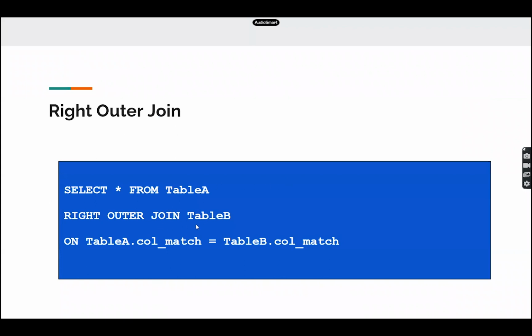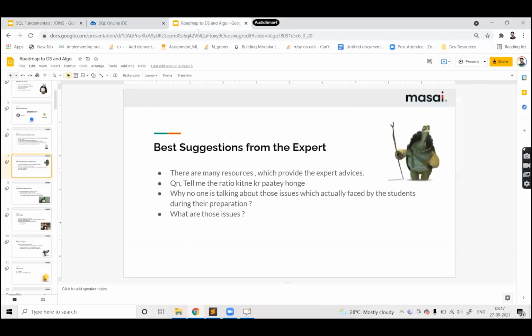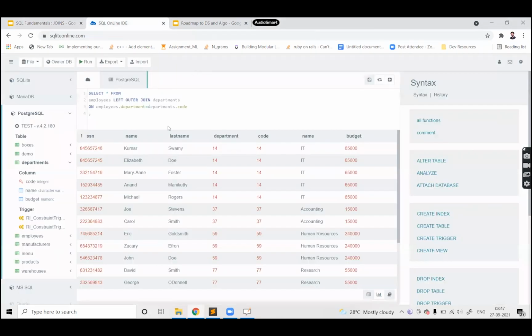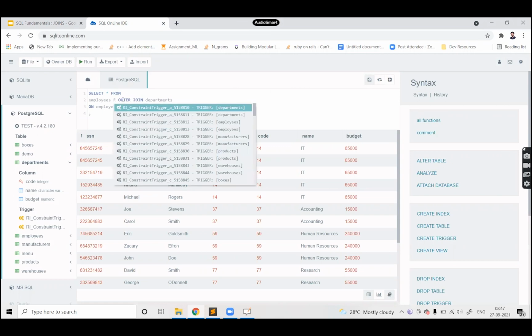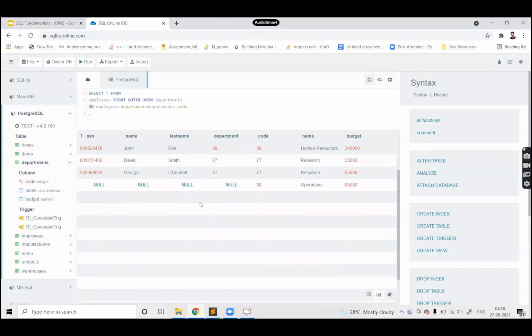So right outer join, the syntax of right outer join is select star from table A right outer join table B on table A dot column match equal to table B dot column match. So now if this is my left outer join and if this is my right outer join. Now if I make the right outer join, in that case, you know that in the department table there is already an entry which department is not allocated to anyone. So here I am more focused on the department side, like which department is allocated to which one. I'm not worrying about the employees. So if I do the right outer join,